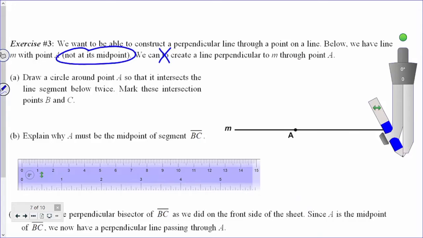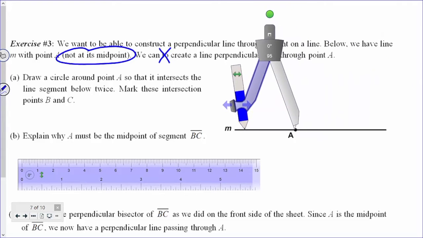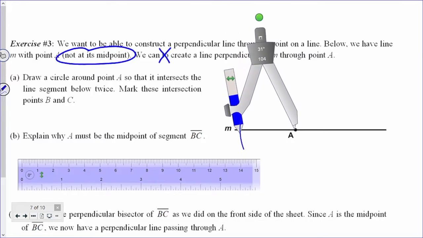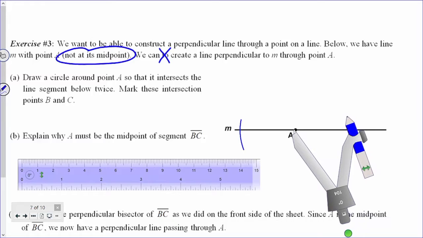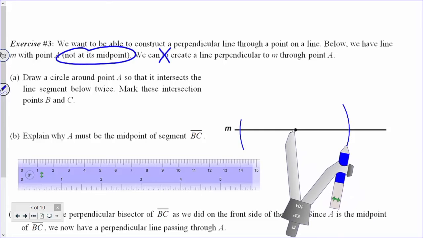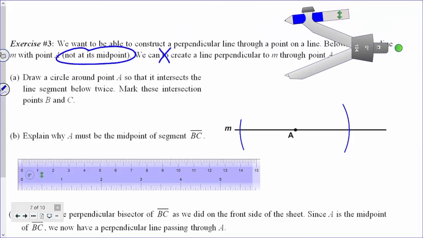Anyway, let's walk through this construction. It's kind of cool. Letter A: draw a circle around point A so that it intersects the line segment below twice. Mark these intersection points B and C. So I'm going to put my compass at point A. All I have to do is draw a circle, and you don't even have to draw a circle. You could just draw an arc and an arc. You can draw the whole circle, but if you're worried about the picture getting a little bit too busy, then don't worry about it. We're going to mark these points B